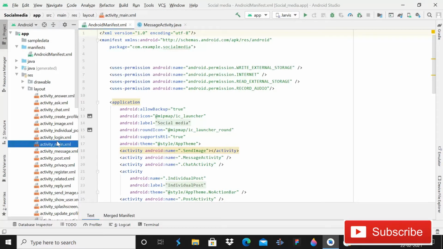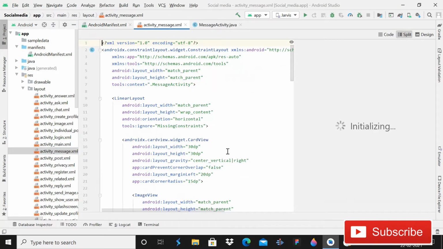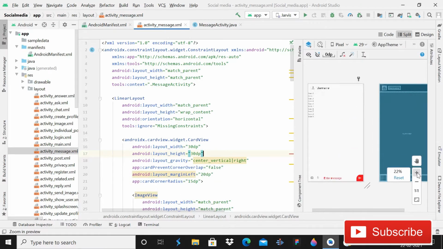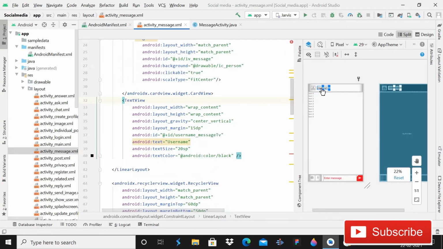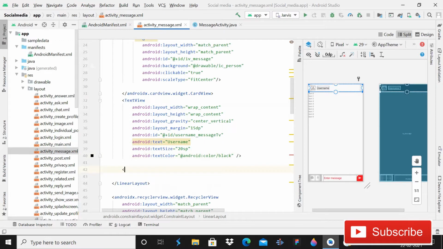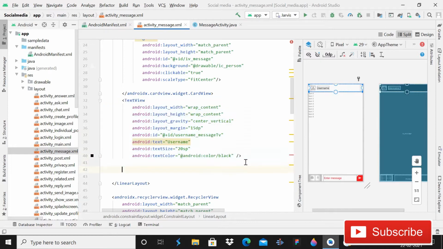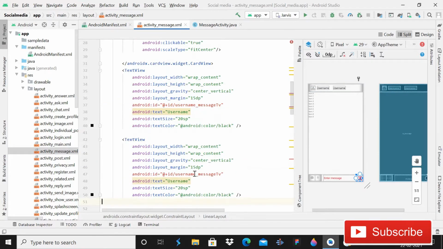So first of all, you have to start the message activity, and here you can see that we have this XML file code. This is our XML file for sending messages, understand? And here we have this username, very basic. Just after this text view, we are going to use one more text view. A simple thing you can do is simply copy this with Control plus C and then paste it. After this, you need to make its id different, so give it typing status,